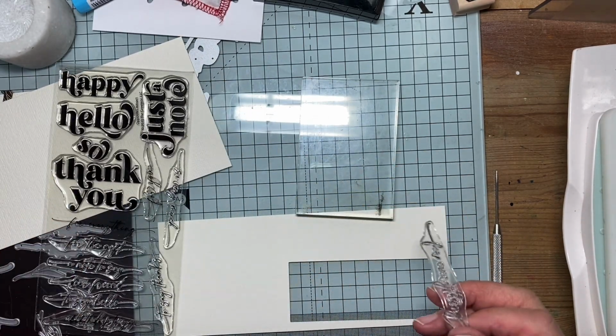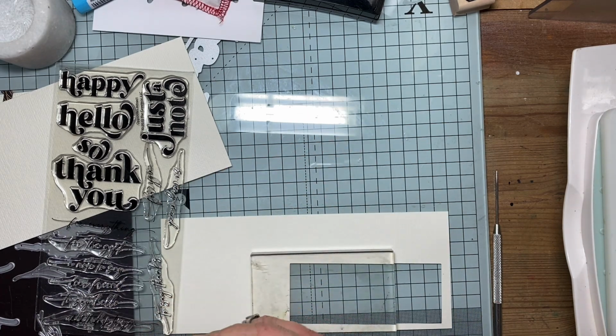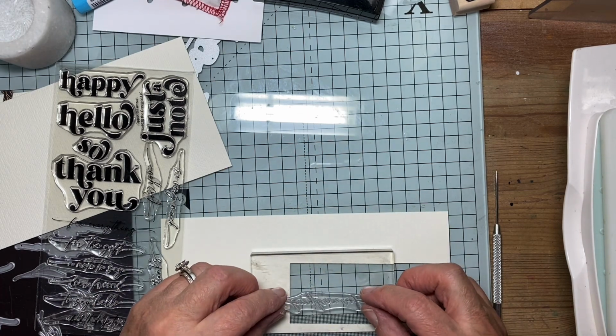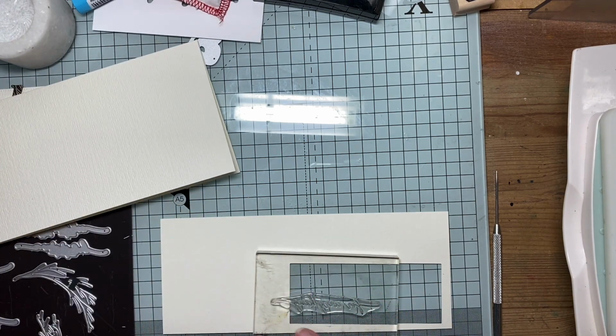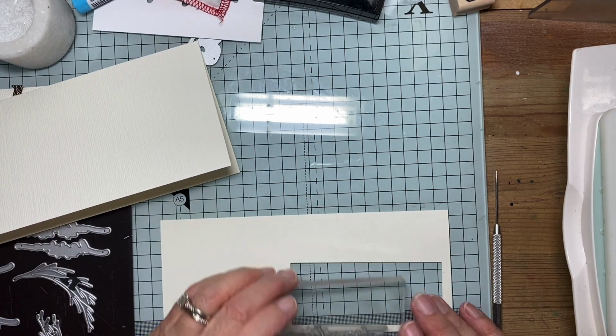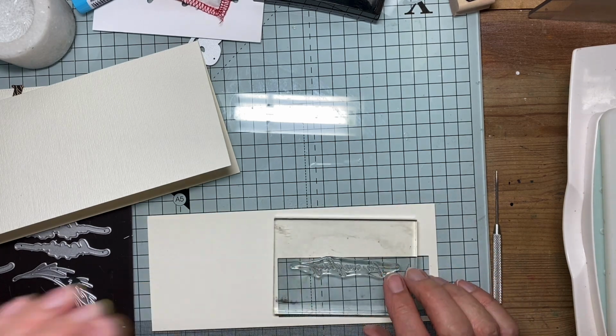This is a set from the Greetery. I used to have to get a friend of mine in the States to get Greetery things for me, but there's an agent in this country now who sells them. So, thanks